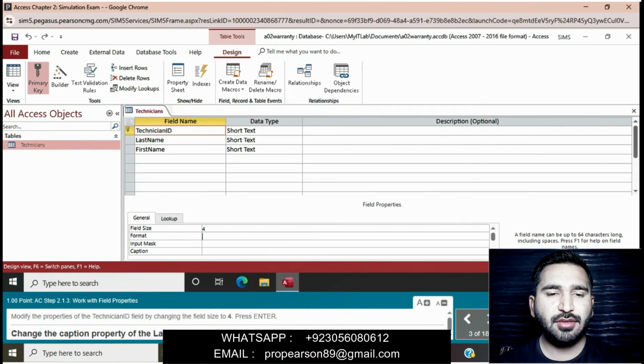Now change the caption property of the last name field to Tech Last Name. Simply click on the last name field and then we will go to the caption property and change the caption property of the last name field to Tech Last Name.